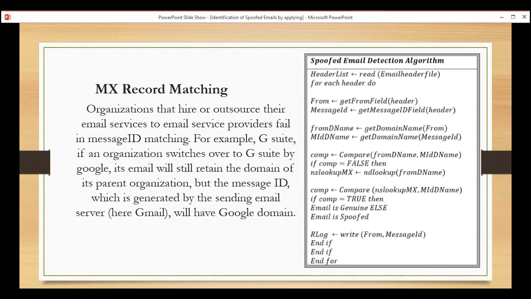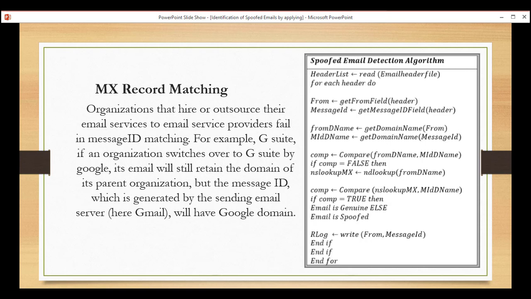In that case, when you use the message ID matching method, you realize that the domain of the message ID will be different from the domain of the